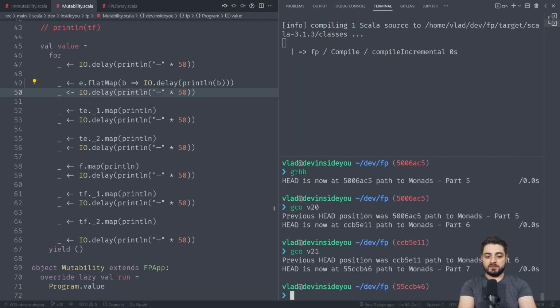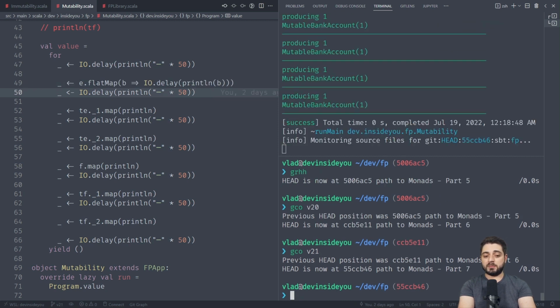So let me just check out V21. Yeah, so this is the next step, right? So we're going to flat map, and then we're going to have a B arrow to the right, IO delay, print line B. Okay, and the next one is going to be an introduction of our own console